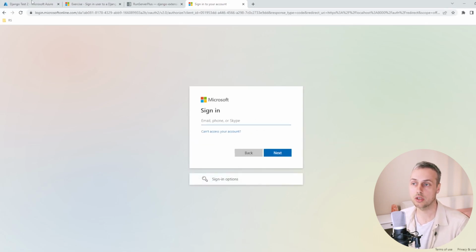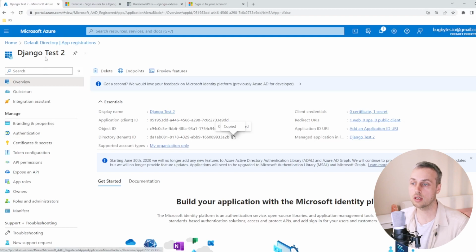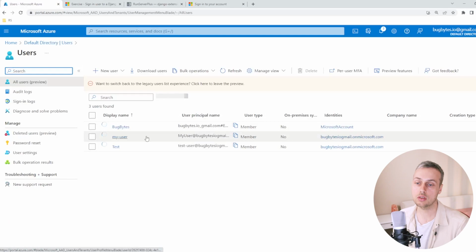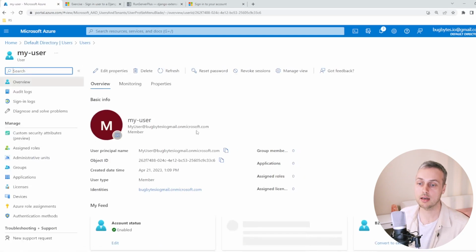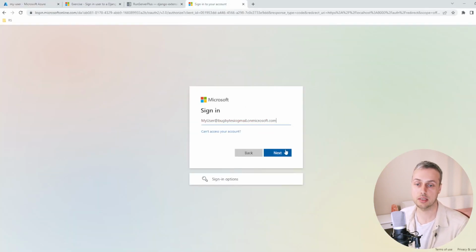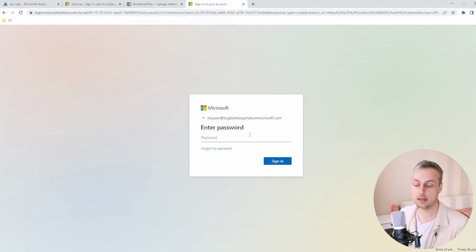And for the email address we're going to use, we're going to go back to Azure, and go back to the users within this tenant here, and we're going to use this user here that we created just a bit earlier in the video. If we click that user, you can see here we have a user principal name. We're going to copy that to the clipboard, go back to the sign-in form and paste that in there, and we can then enter the password that we used when we created this user, and then hit the sign in